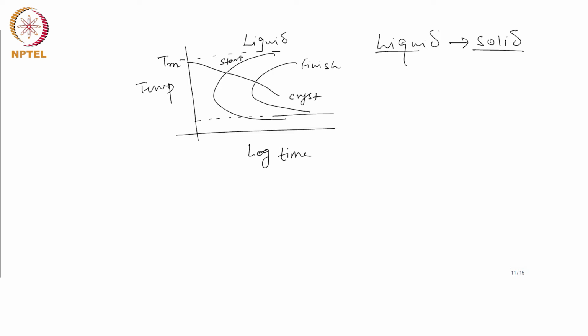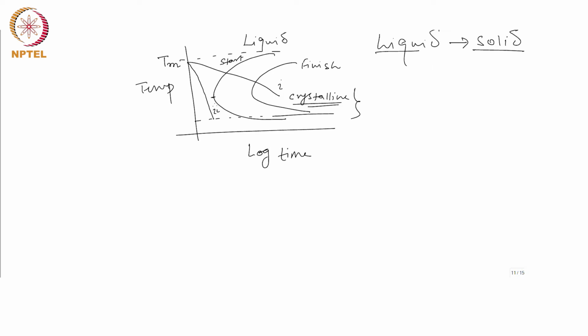a crystalline solid will form. Okay. So, in order to avoid the formation of this crystalline solid and make it amorphous, the cooling rate has to be such that this nose is avoided, right. That means, I am talking about a cooling rate like this, a steep cooling rate like that, where the nose of this C curve is not at all intercepted, right. So, if we have a cooling rate like that, consequent undercooling would be so high that the atoms will not have enough time to arrange themselves into a particular pattern, and therefore, the solid which will form will be an amorphous solid. Okay. So, if we call this as path 1